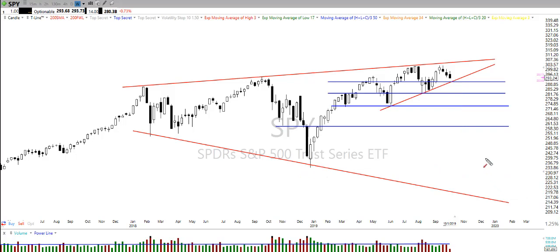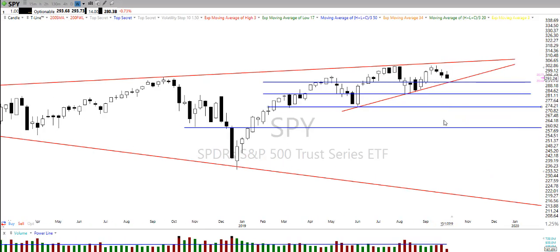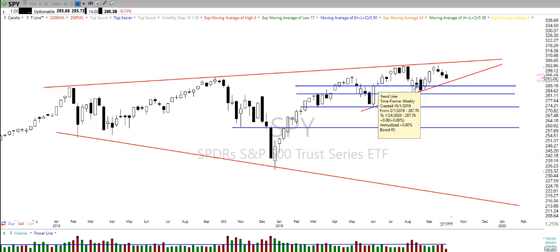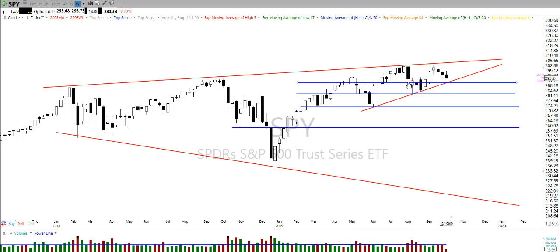So here we have a nice little trend of these lows, and look where we're coming back to, very close. And right in here, I think, is some pretty good support. Maybe a tad lower, perhaps, using that candle. So somewhere right in there, you might find some support. We're kind of headed that way. Well, if we start breaking down,